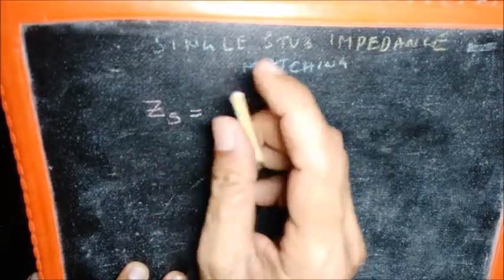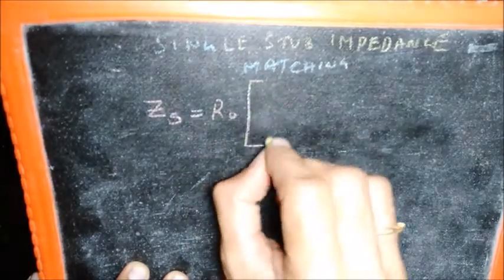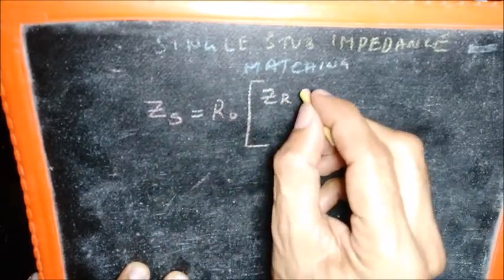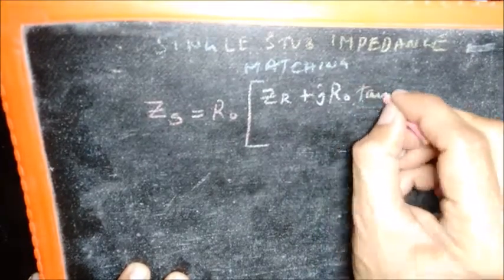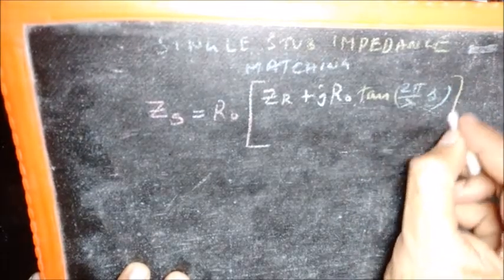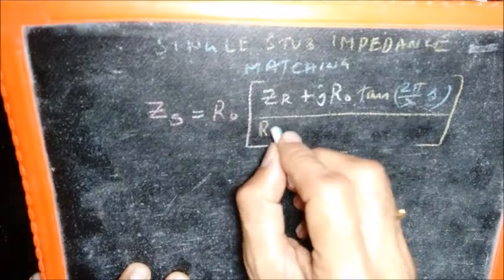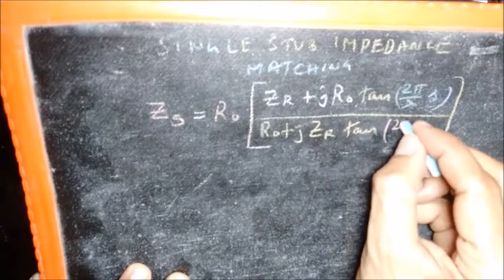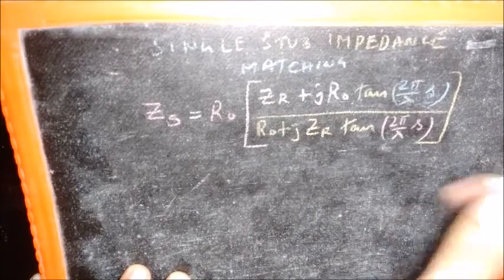The input impedance of the transmission line, or the line impedance of a transmission line at a particular point S, is given by this expression, tan beta S. So I write 2 pi by lambda S, because beta is 2 pi by lambda, divided by R naught plus j ZR tan 2 pi by lambda S. And we also discussed